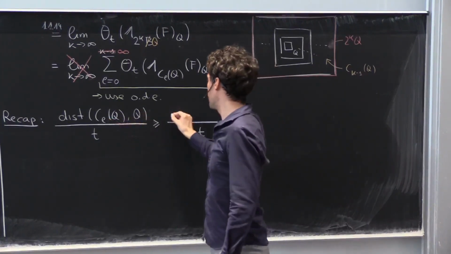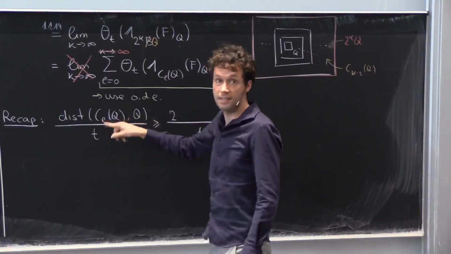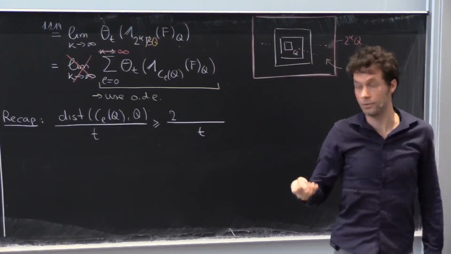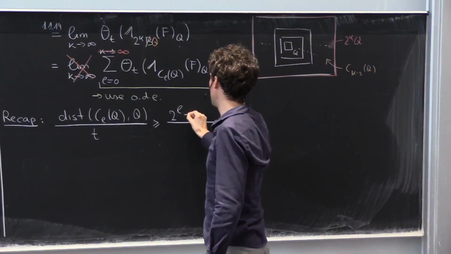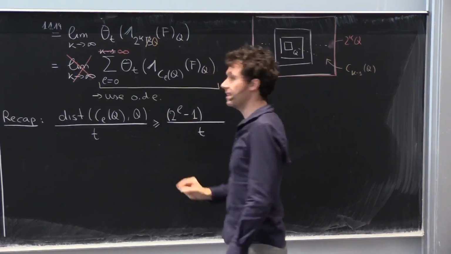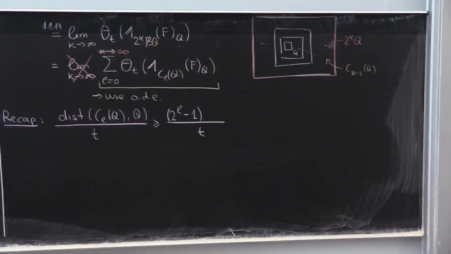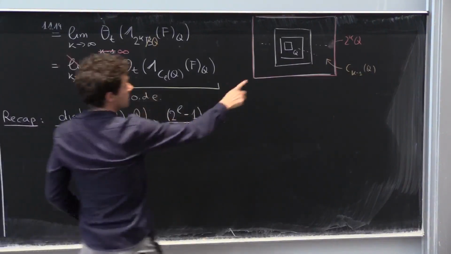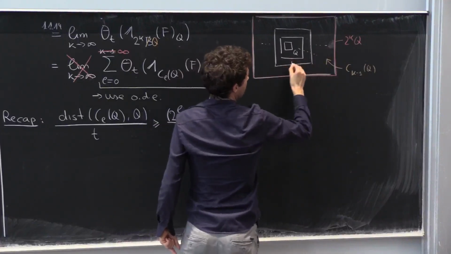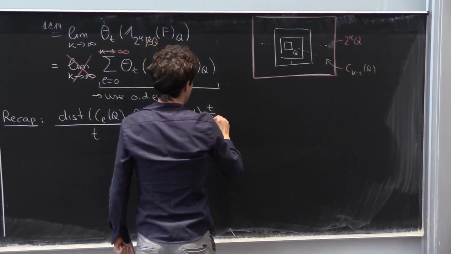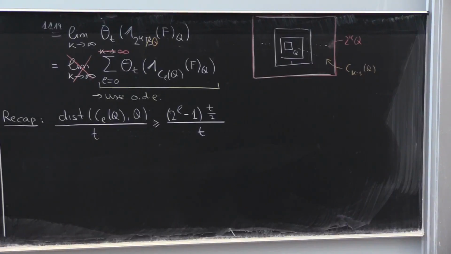Now, what is a lower bound for this? This goes like 2 to the L, because this annulus leaves out 2 to the L Q. So it goes like 2 to the L minus 1 times the side length of Q. And at the t-th generation of dyadic cubes, the side length of Q is going to be larger than t. And so if you measure distance, this is like half the side length of Q, so it's going to be t over 2. This is the formula that everyone wants. You've seen it when Robert told you about it the first time.